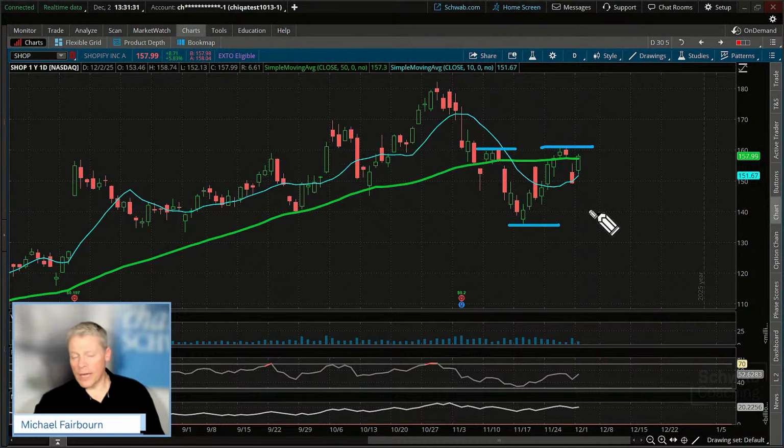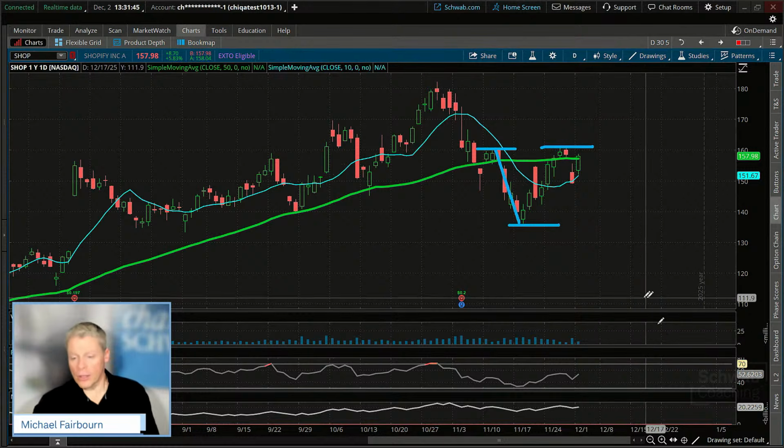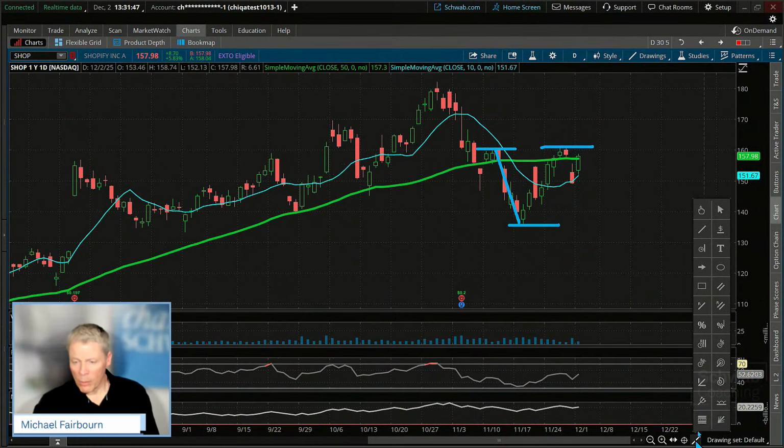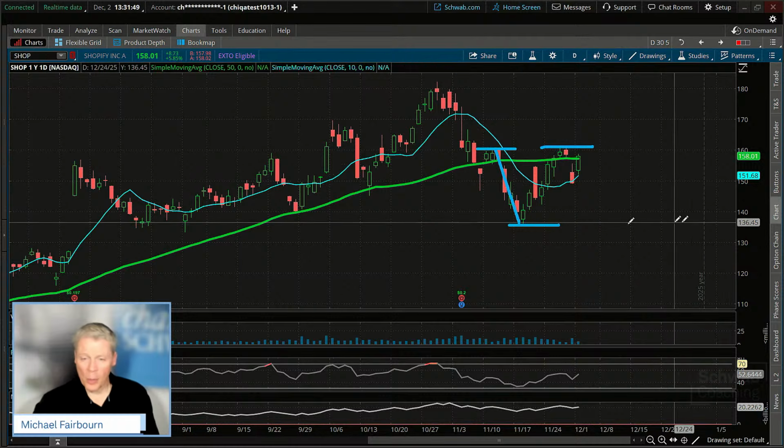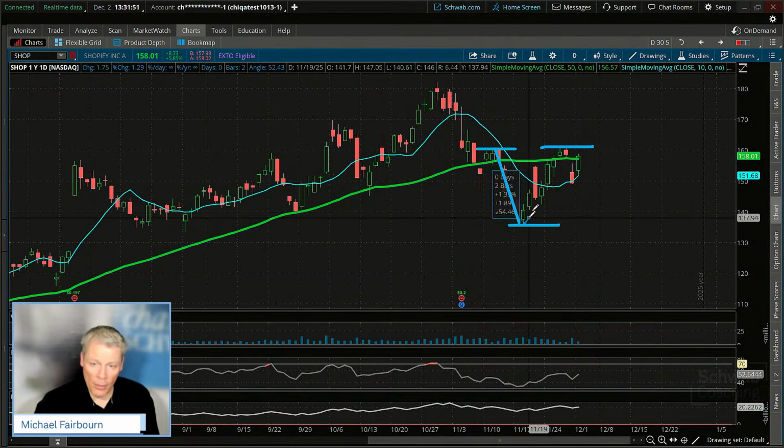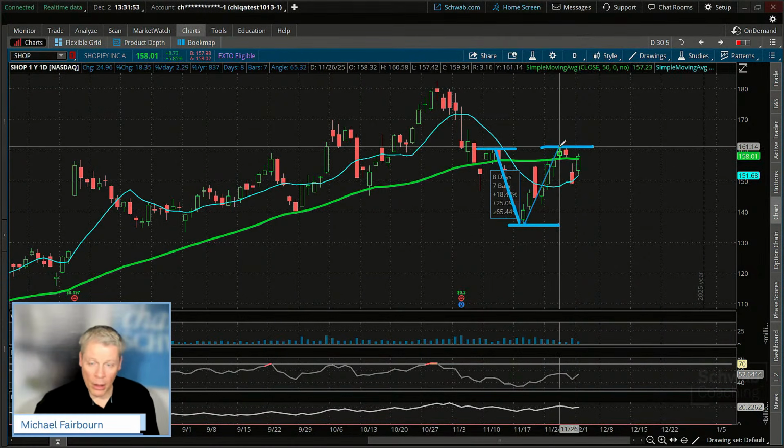Normally on those inverted head and shoulders patterns, or head and shoulders patterns in general, excuse me, this move right there, that distance is oftentimes the distance that we'll use to the upside. And let's just do it. Let's use the Thinkorswim drawing tool specifically to help us out. So off the bottom there to the top.